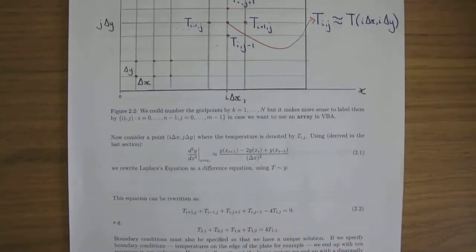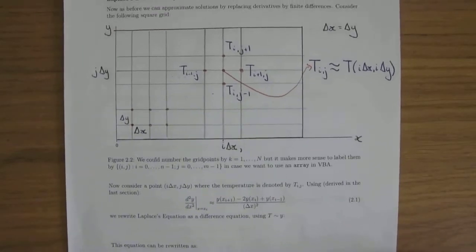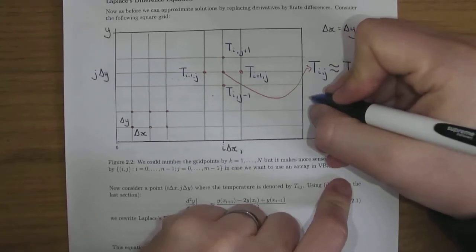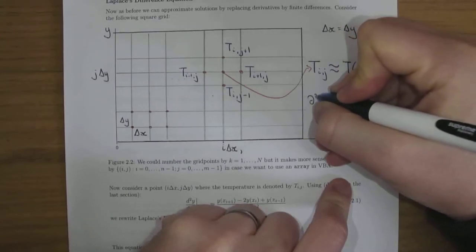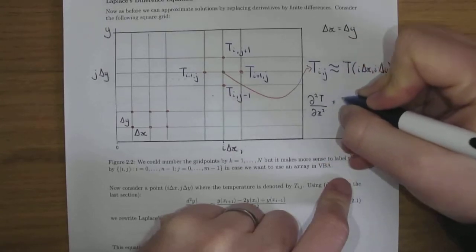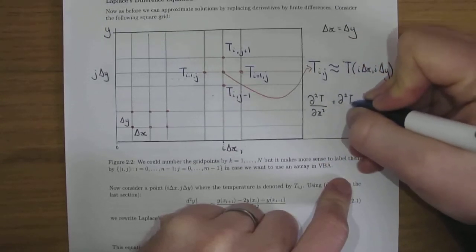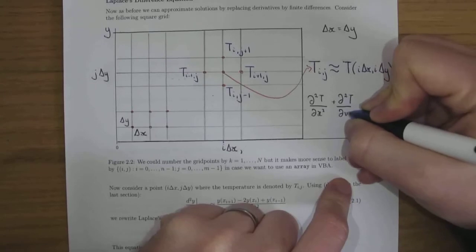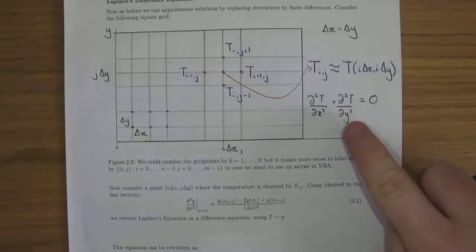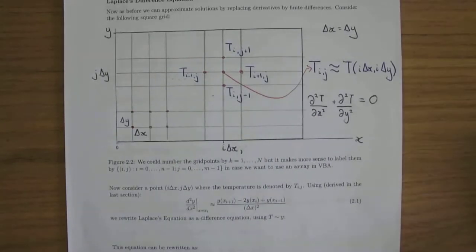Use this approximation. Now, what I actually need to write at this point is Laplace's equation, which describes the temperature distribution when the temperature is in equilibrium. So Laplace's equation says the second derivative of temperature with respect to x plus the second partial derivative with respect to y is equal to 0. And what we're going to do is approximate both of these second derivatives